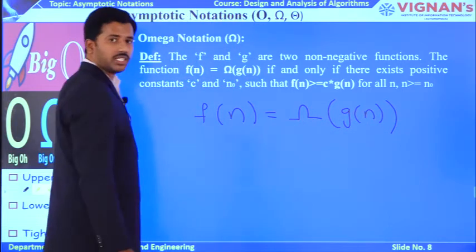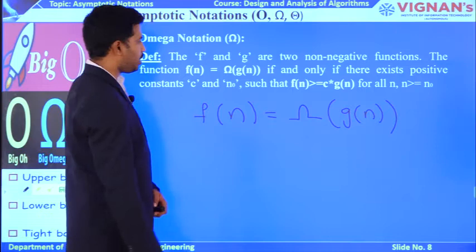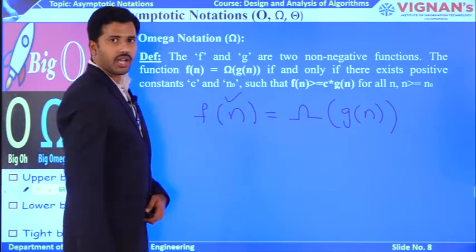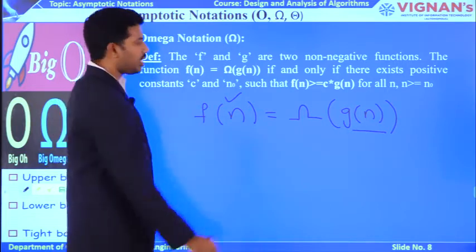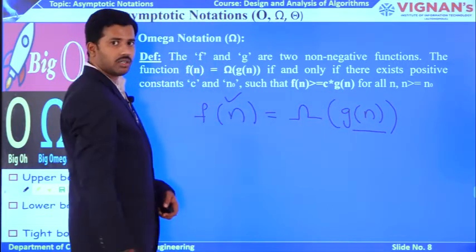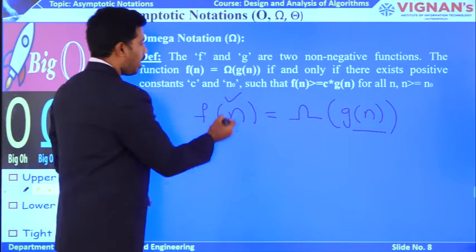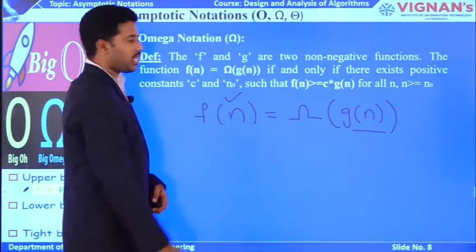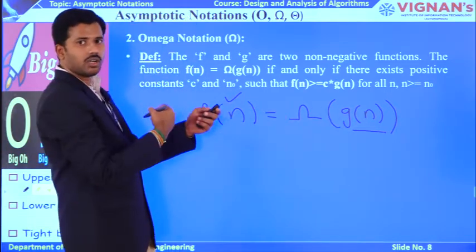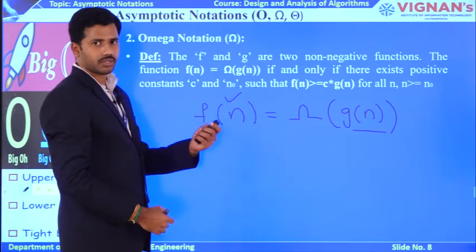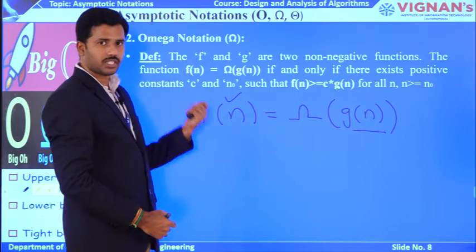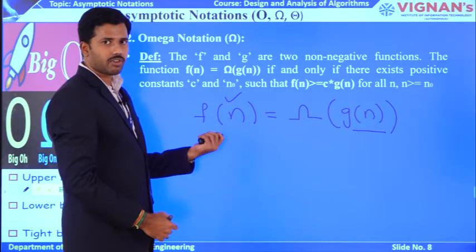To prove this, f of n must have a higher value than g of n. The big O statement is telling that g of n must have a higher value. The omega is telling that f of n has a higher value than g of n. Why? Because it is the reverse of your worst case. Omega is the reverse of your worst case. Why? Because omega defines the best case, to measure the performance of an algorithm.